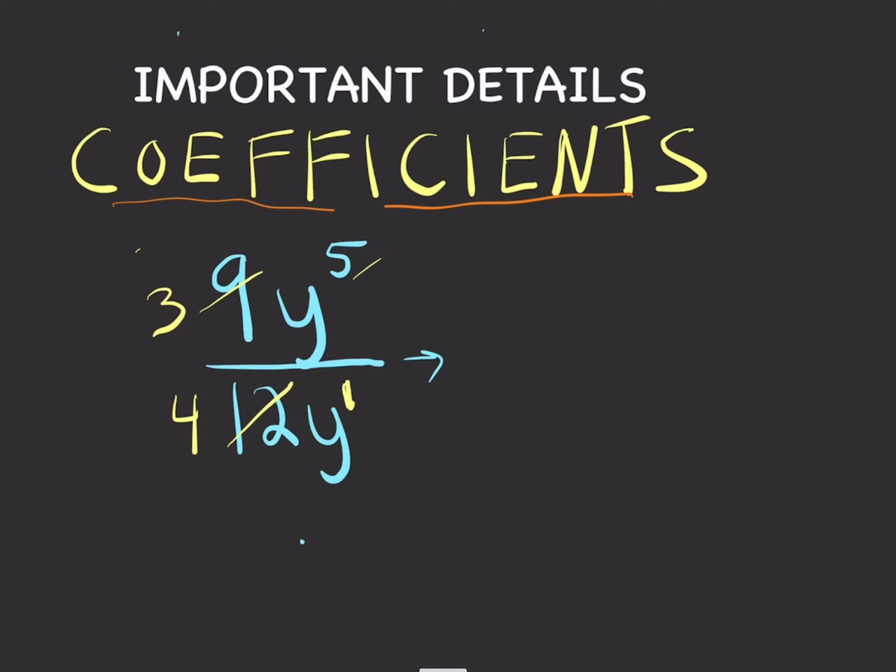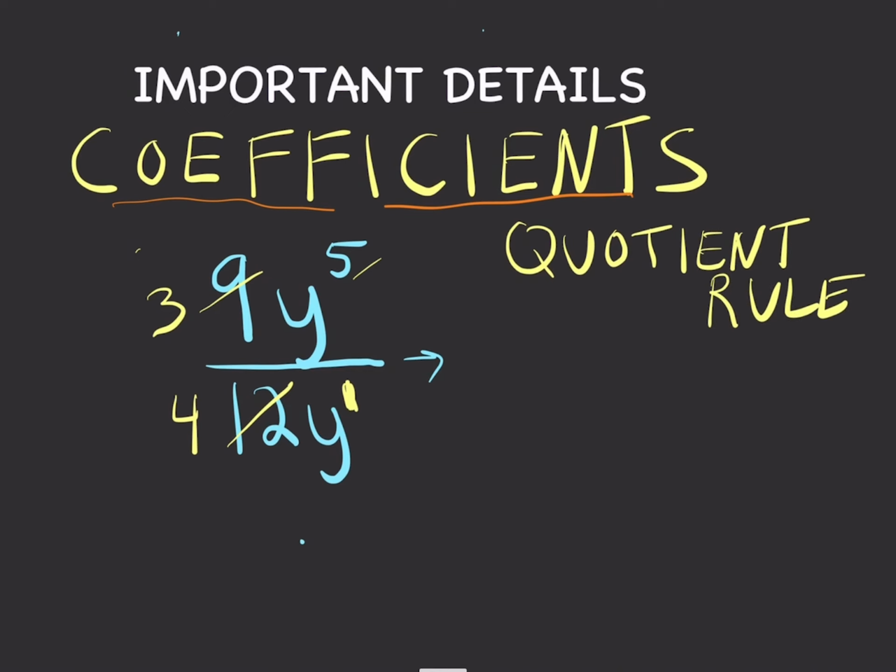Because, again, I subtract the exponent from the top variable, the 5, minus the 1 for the y in the denominator. So if I didn't put a 1 there, someone sometimes will think, oh, it's just y to the 5th on top, and there's no exponent on the bottom for that y, like 5 minus 0, it's 5. No, remember, it's a 1 there. When you don't write an exponent, it's a 1. So it's really 5 minus 1 for the y,